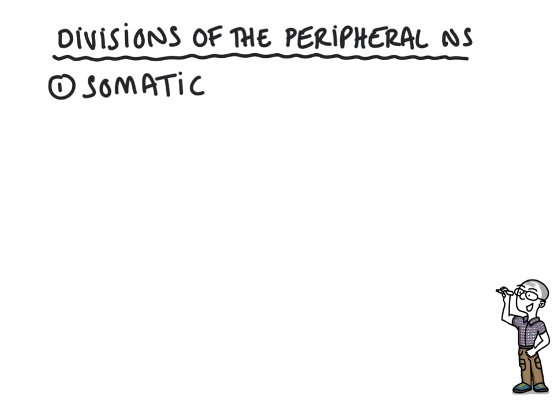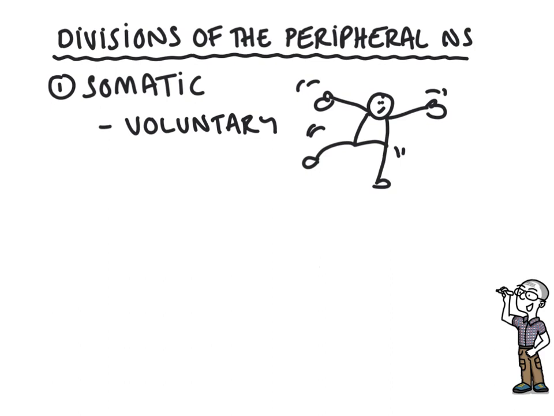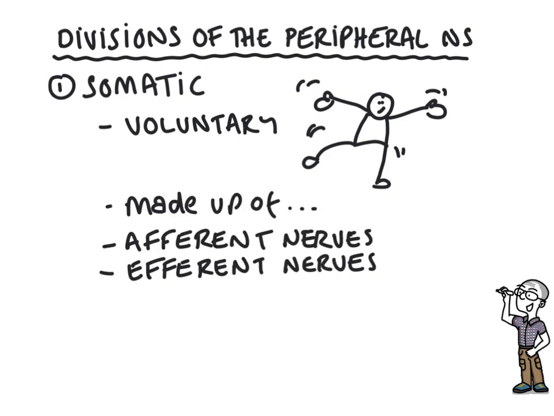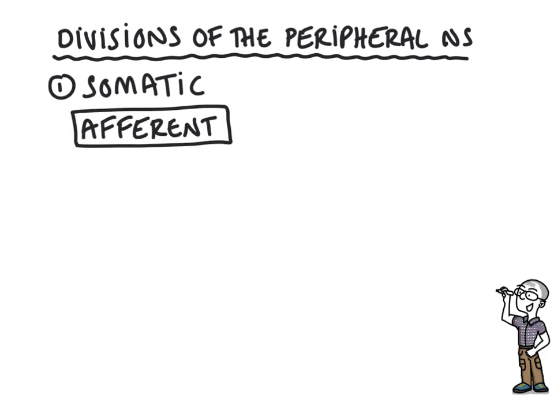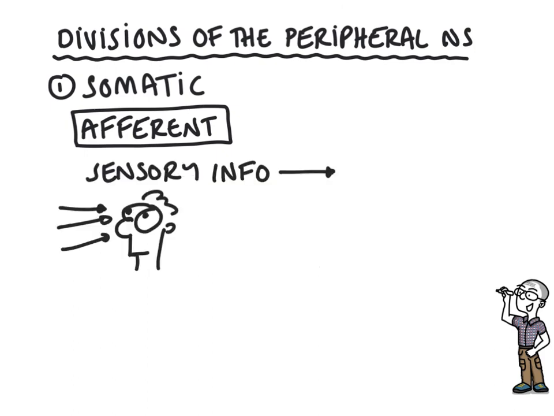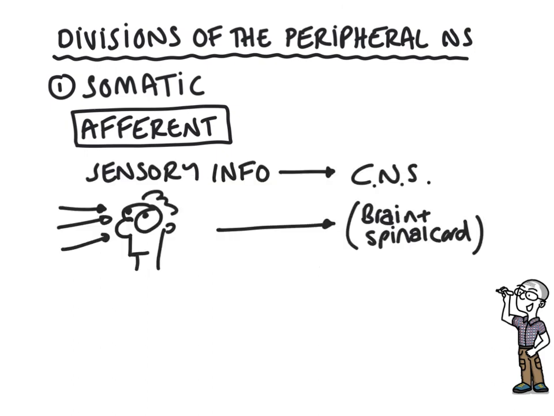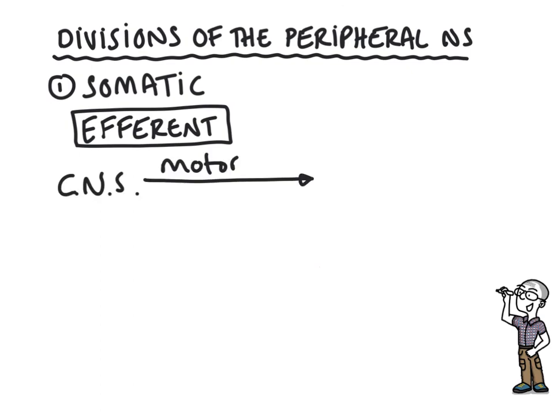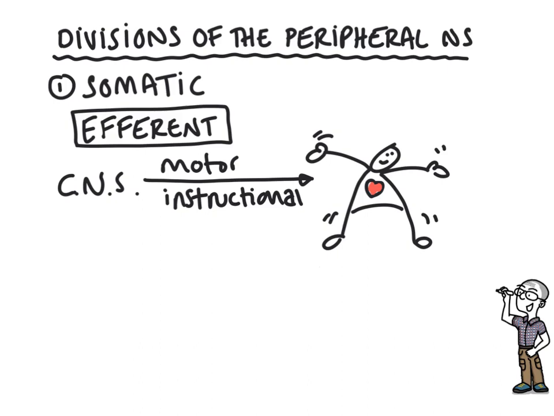This is associated with voluntary control of skeletal muscle and consists of afferent and efferent nerves. Afferent nerves carry sensory information towards the central nervous system. Efferent nerves carry motor or instructional information to the muscles and organs and glands and away from the central nervous